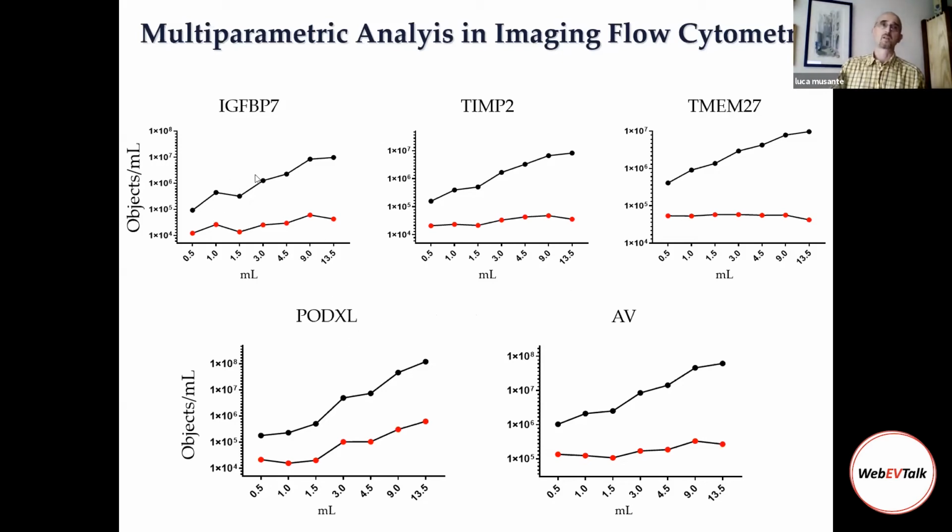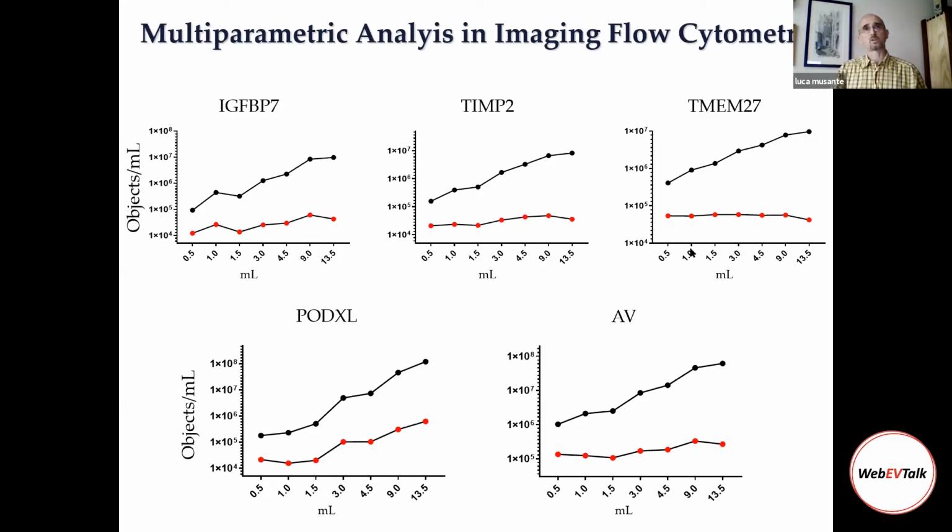As you can see, the higher the starting volume, the higher the concentration. We think that 3 milliliters of urine is the right volume to have a good signal-to-noise ratio. Of course, it depends on the abundance of the antigen itself. For a very abundant antigen, like, we didn't study this, but like the tetraspanin CD9, probably you can use less volume. When we normalize by the volume of urine as starting material, we found a technical coefficient of variance